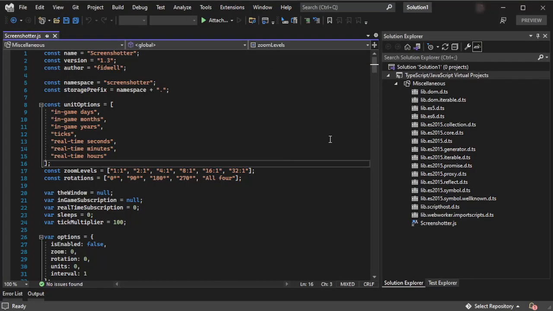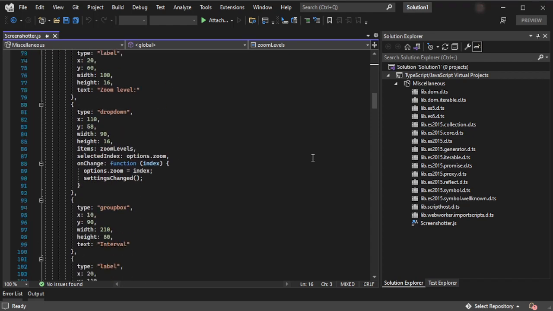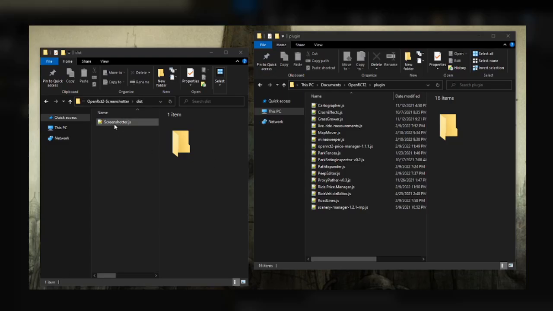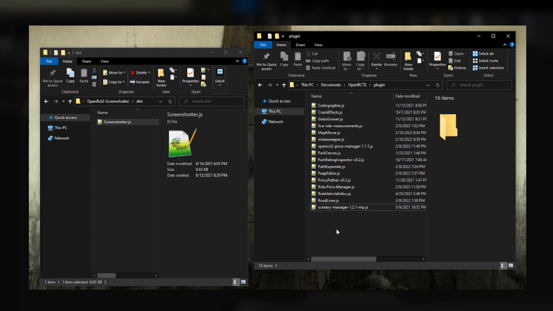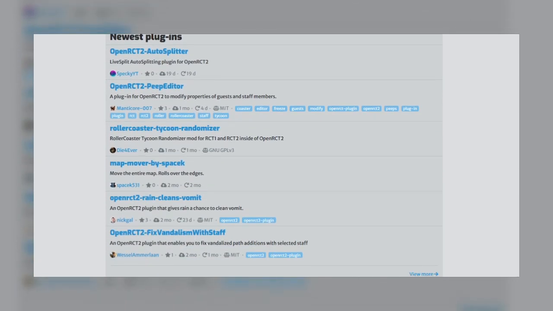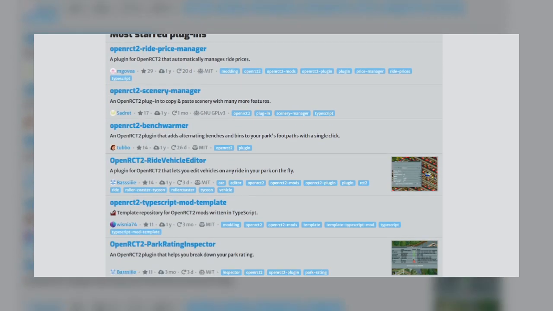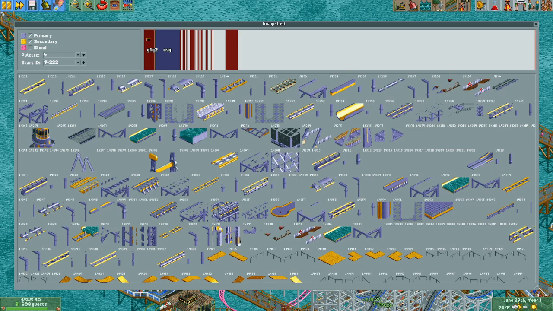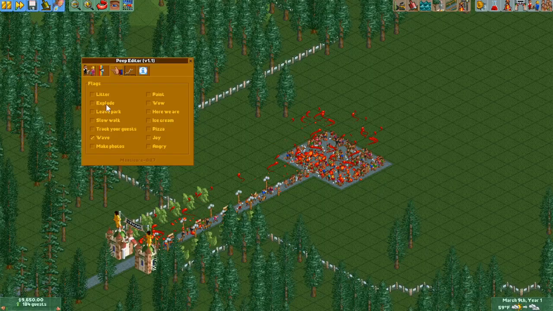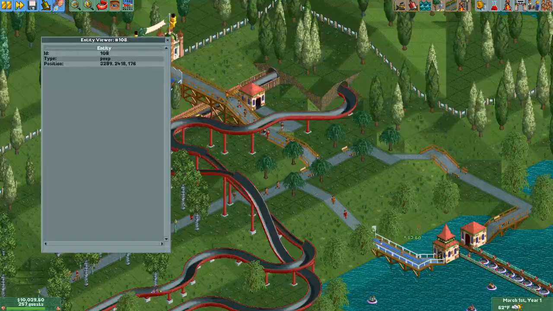The game takes JavaScript code text files as input, which it can then interpret and run on the fly. This makes plugins easy to write and install, meaning that anyone with a little programming know-how can quickly add custom behavior to the game. Users have quickly adopted this system to add all kinds of new features. You can have access to a suite of debugging dialogues and ride hacking tools, or maybe you just want to make all your peeps explode to satisfy your eternal bloodlust when drowning just isn't enough.